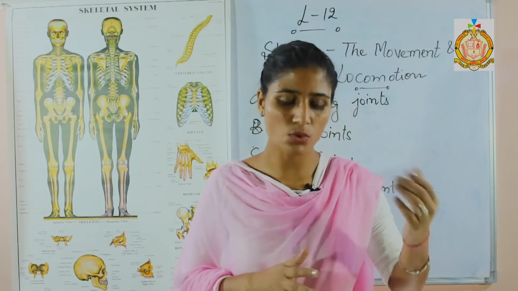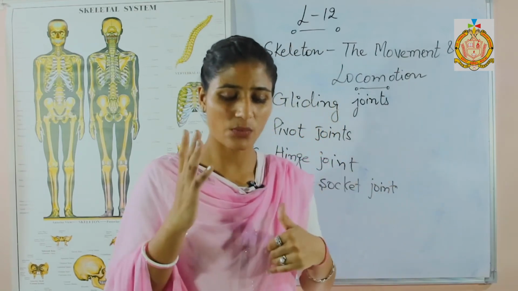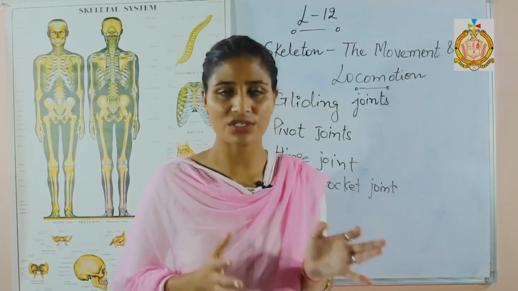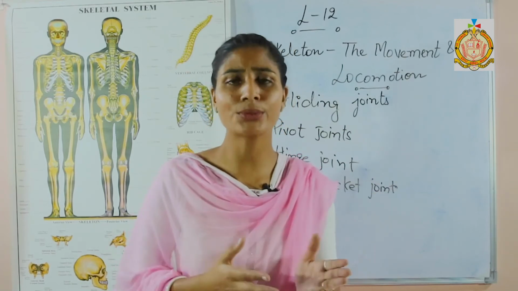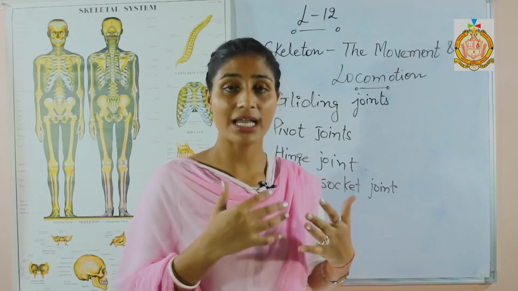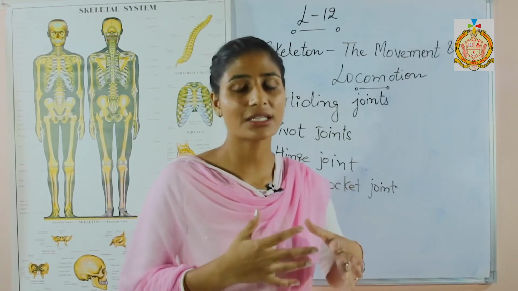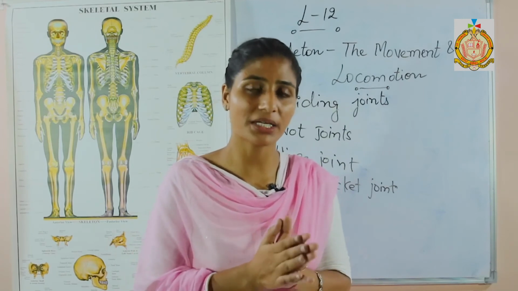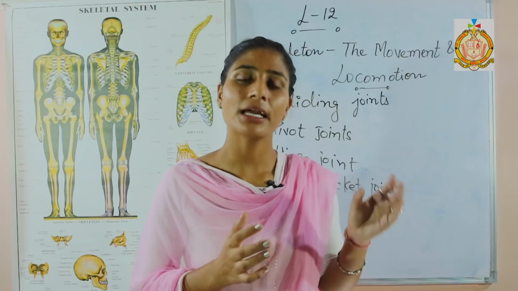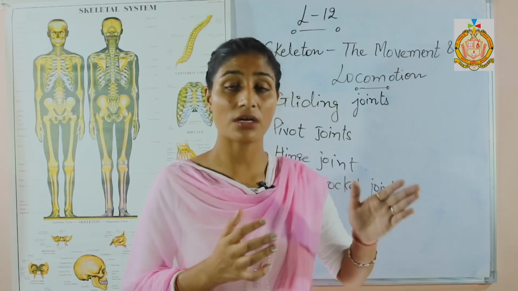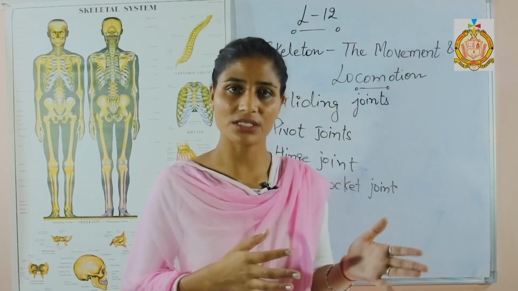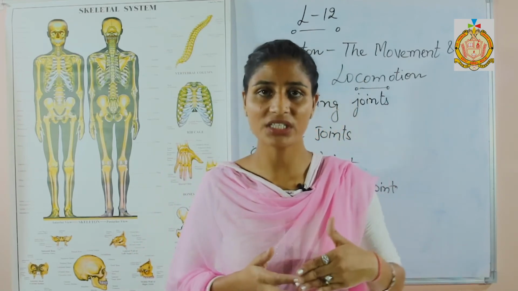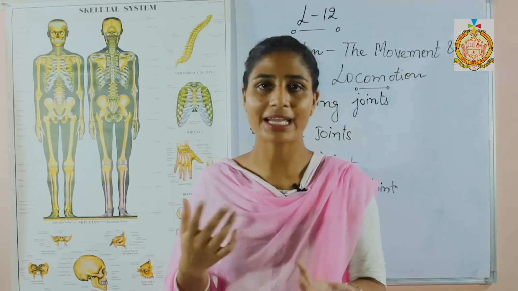Coordination of the muscles. Most actions in our body, like standing, walking, running, playing tennis, etc., require the combined action of several muscles. As I told you, if they show some kind of connection, then there will be proper movement of the muscle. If they are not showing proper connection or coordination, then there are chances of fracture or sprain in the muscles too. So they coordinate with each other and show some kind of actions.